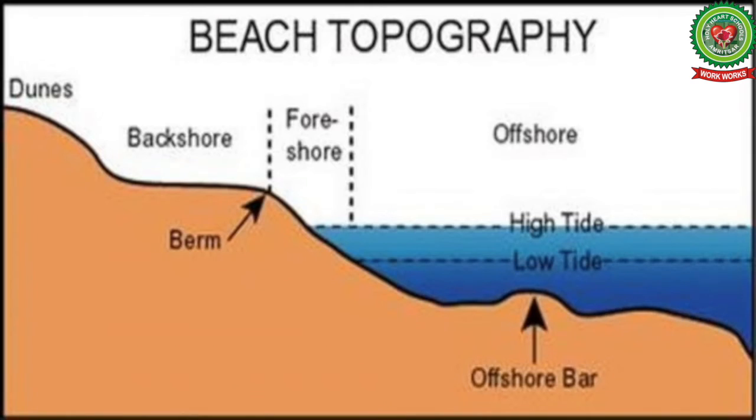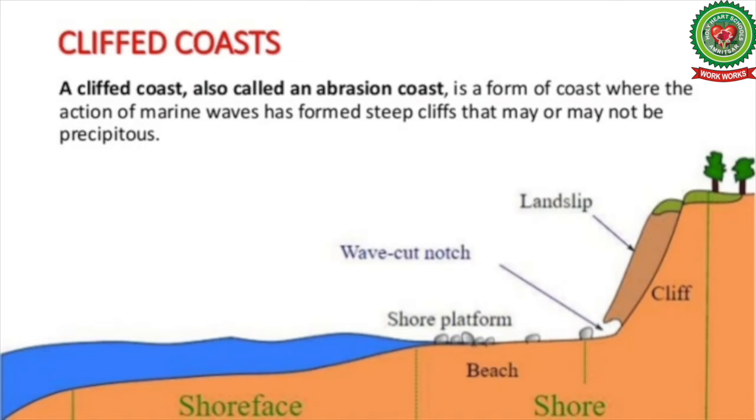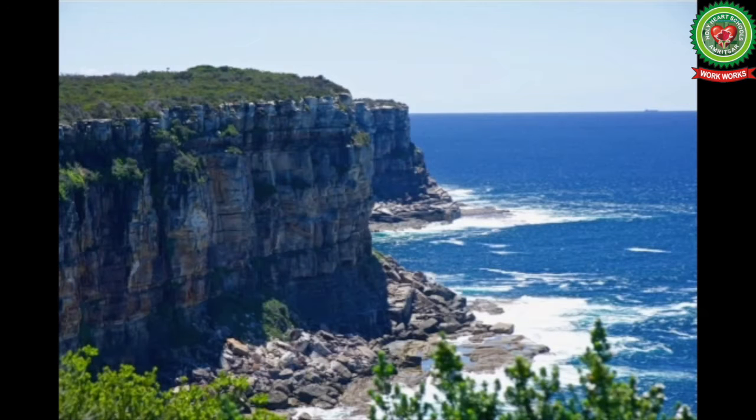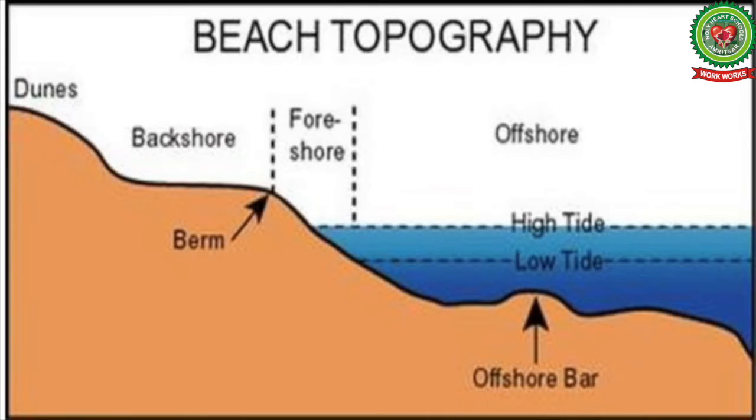Backshore, the zone of the shore or beach above the high water line acted upon only by severe storms or exceptionally high tides. It is the area immediately adjacent to a sea cliff. A sea cliff is a vertical wall or a vertical rock facing the sea. The beach above the high water or high tide mark, which is usually untouched by wave action.